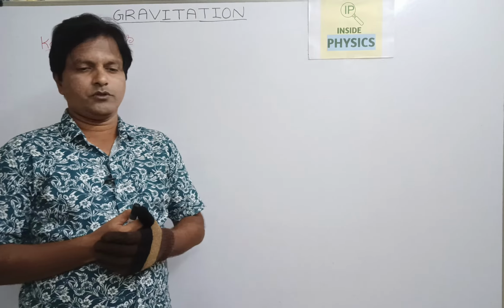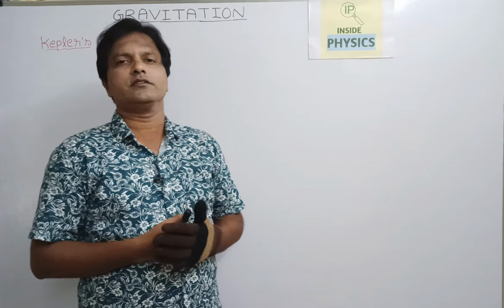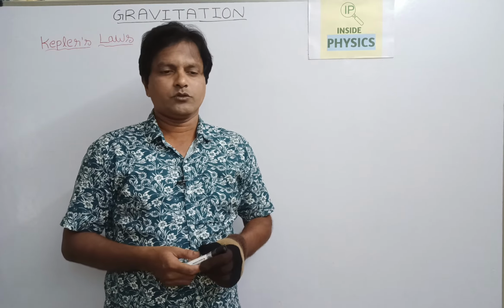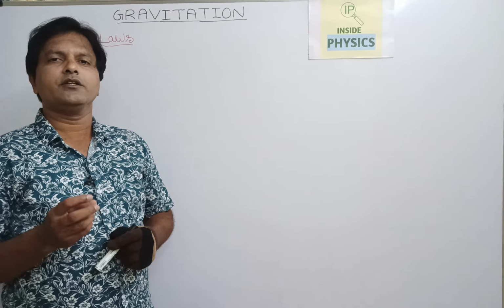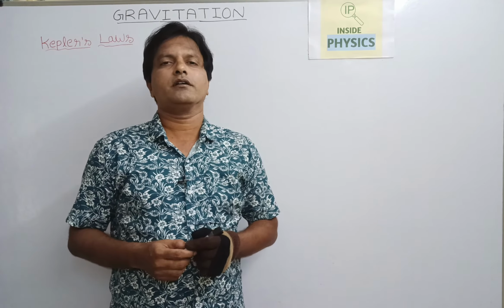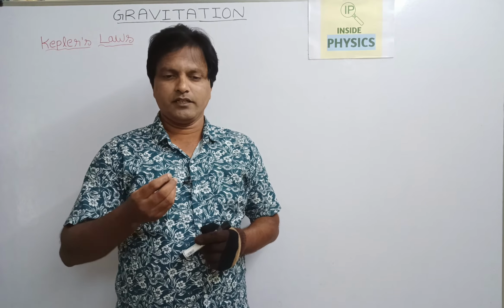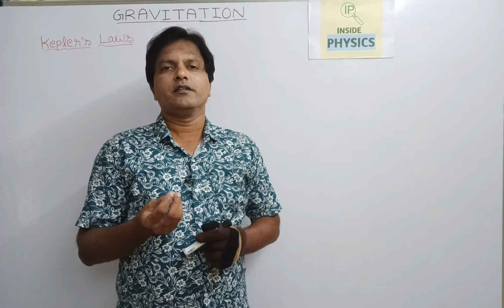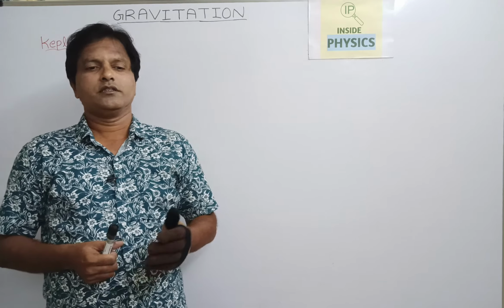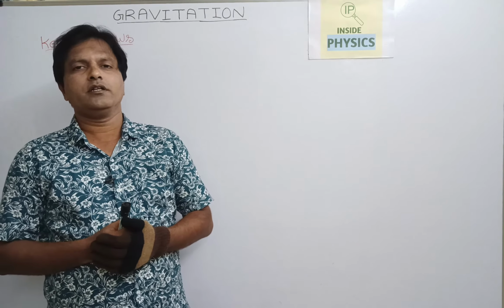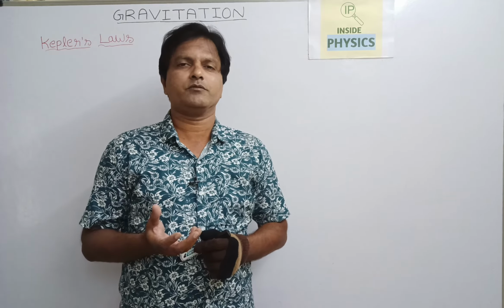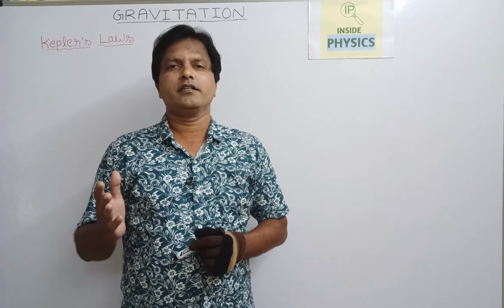It was proved wrong by Copernicus, maybe some 400 years later. In his heliocentric model, Copernicus said that all the planets are revolving around the sun. The sun is at the center, and the planets are revolving in circular orbits. This is what Copernicus said, and later the circular orbits concept was denied by the scientists who came